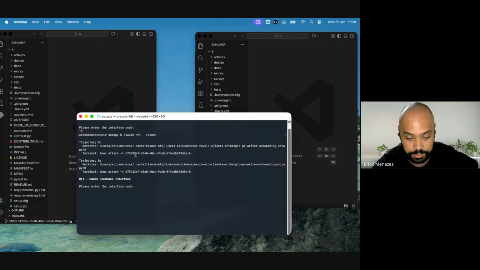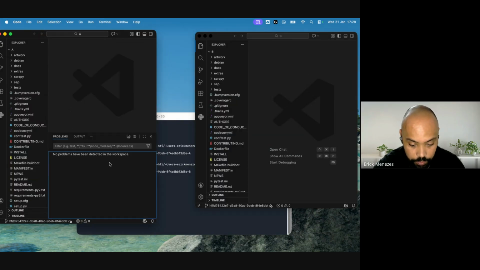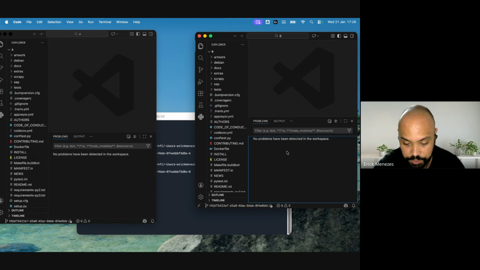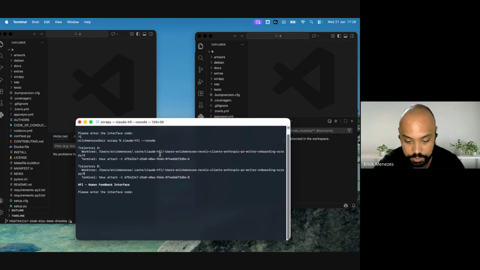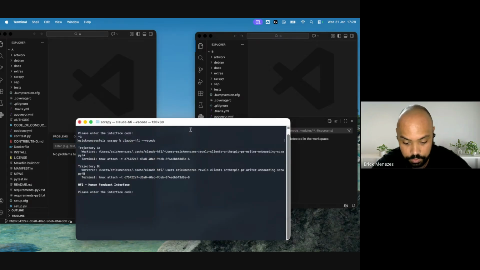You see that here it generated two trajectories for each model, the model A and model B. So we have to attach the main Claude HFI terminal, which is this one we are using, to the other models.